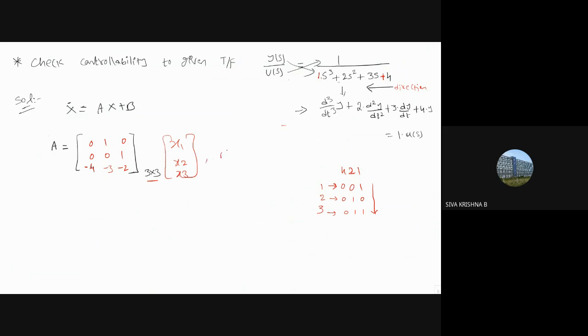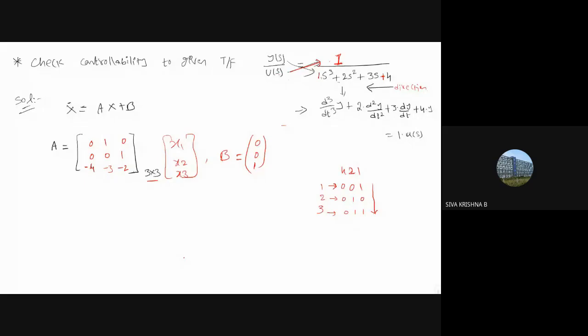Now coming to the B matrix. Are there any terms here related to the input matrix? Input matrix is not. It is only 1. Constant 1 is there. So directly it is. So do we need any C matrix for this controllability? Is there any need? C is needed